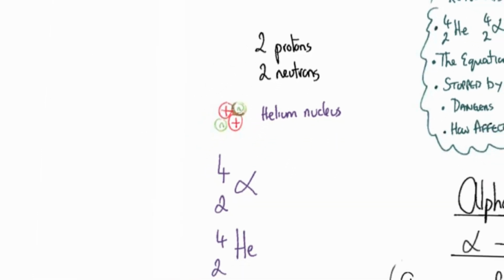The way you would write down an alpha particle is 4,2 with an alpha symbol. Sometimes it's written down as 4,2 He because it's pointing out it's a helium nucleus, and of course you should know about the notation that we use for writing these symbols down. So 2 refers to the number of protons, and 4 refers to the atomic mass,